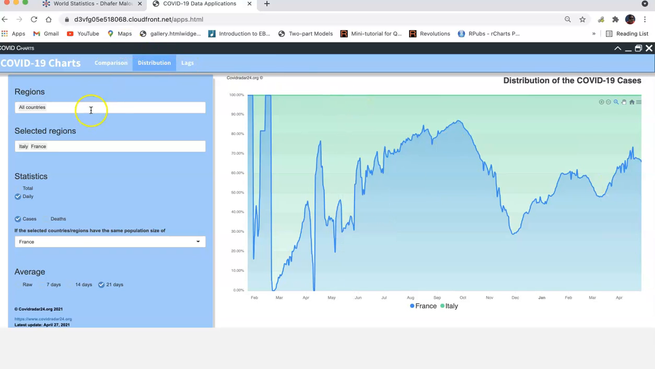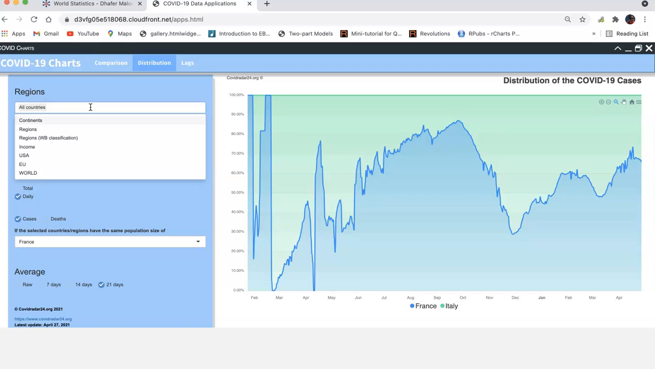So I compare two countries, but you can compare between continents, you can compare between regions, and you can compare even between states and countries, or between some regions and a country, and between like the European Union and the United States, and so on. Okay, so enjoy this app, and